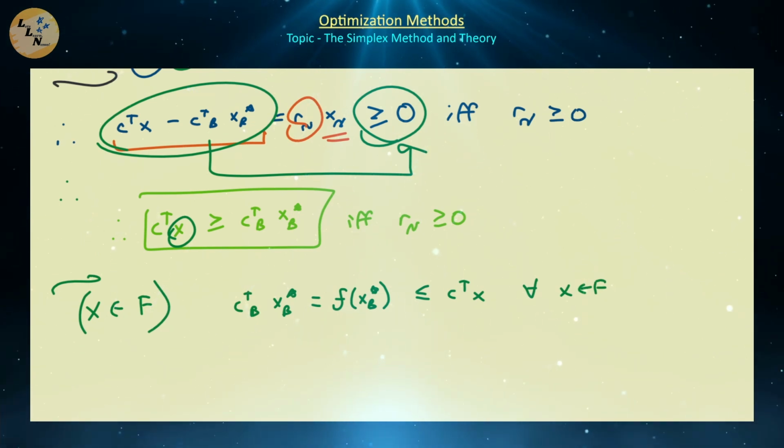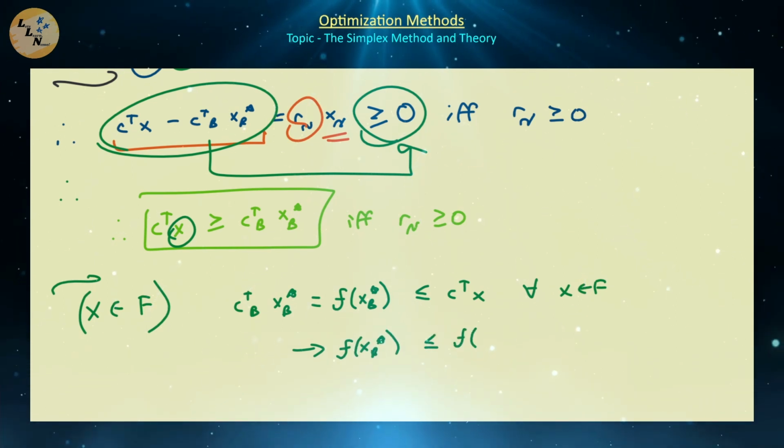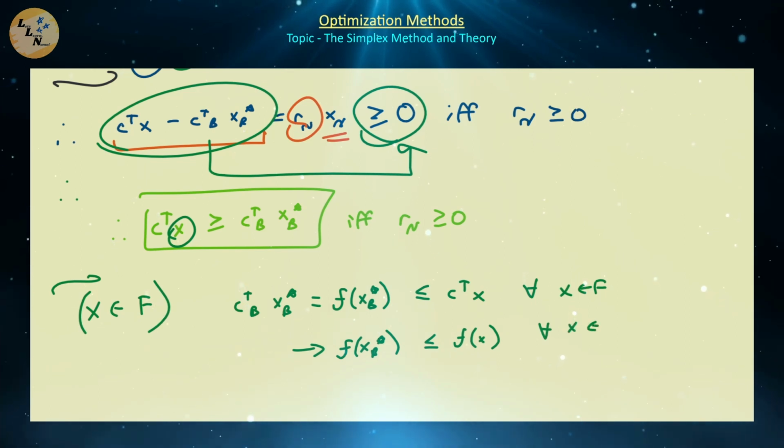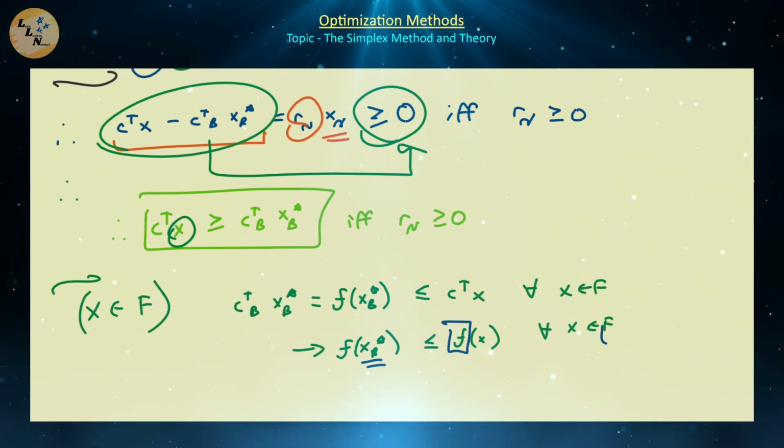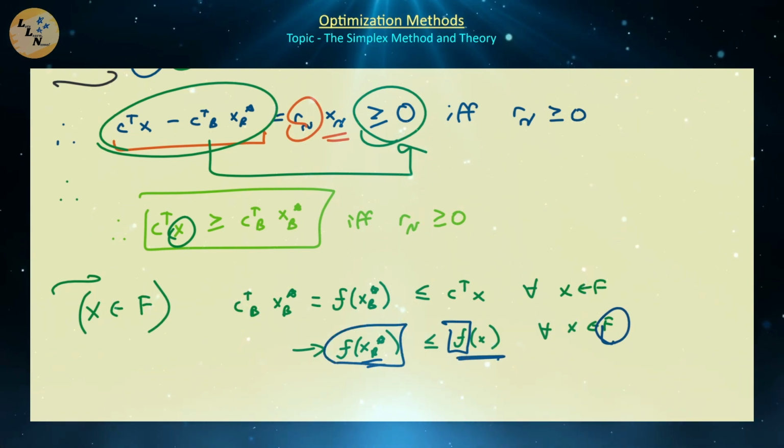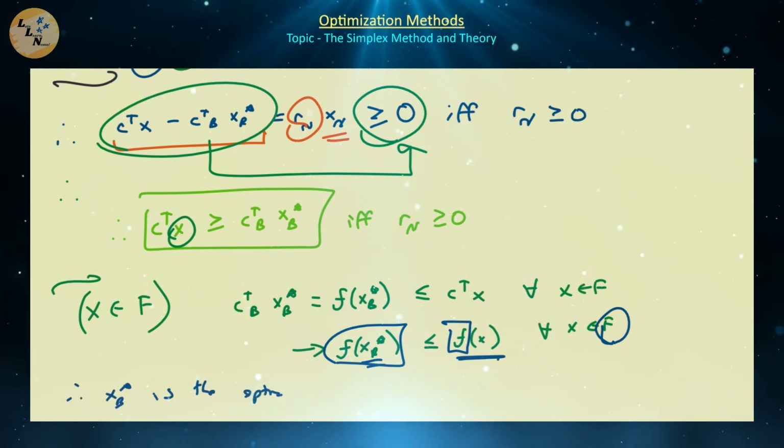So keep in mind we have that f of x_B star is less than or equal to f of x for all x in F. And keep in mind, for our linear program, our goal is to minimize f. And we have that since x_B star is a particular basic feasible solution in F, and that this is less than or equal to f of x, that means f of x_B star is the minimum value which f can take. That means x_B star is the optimal solution